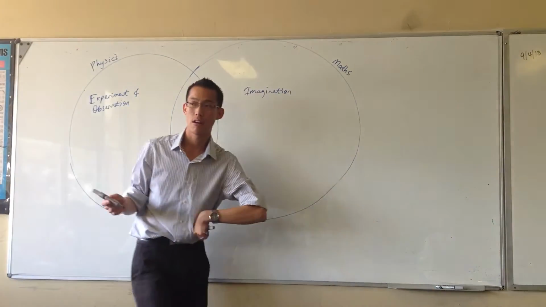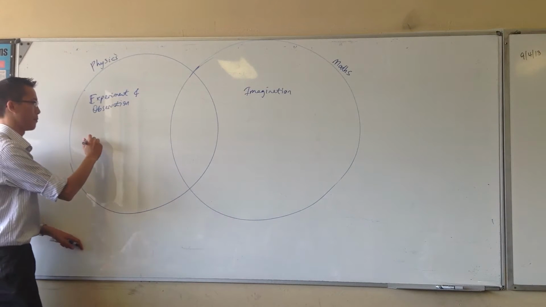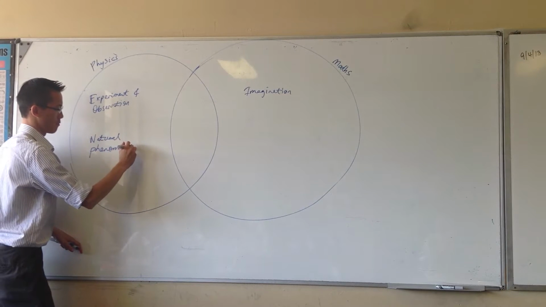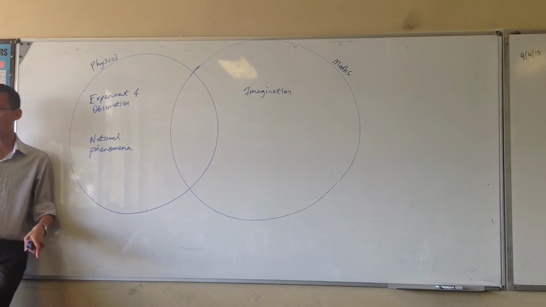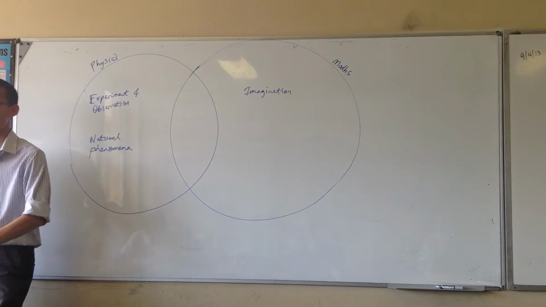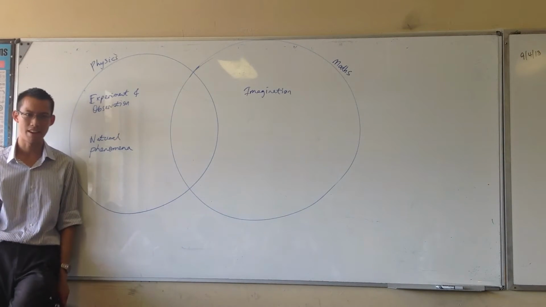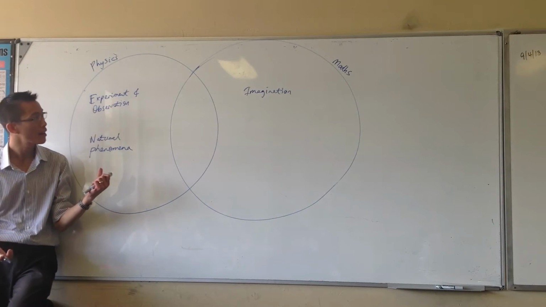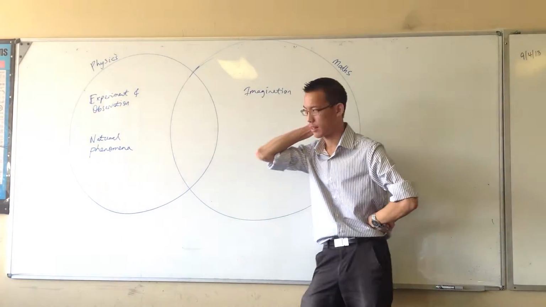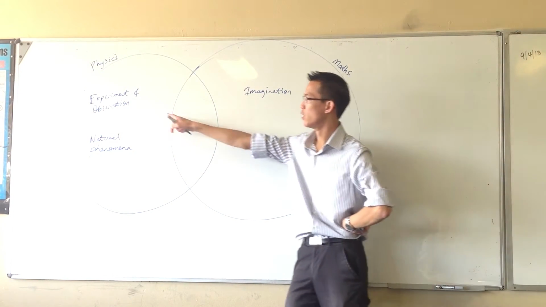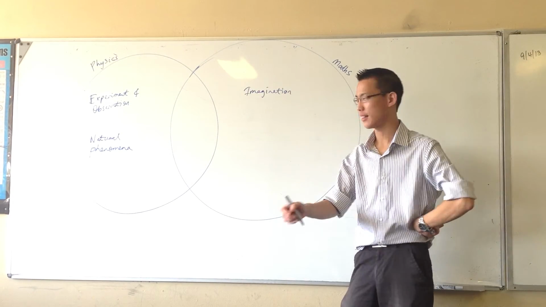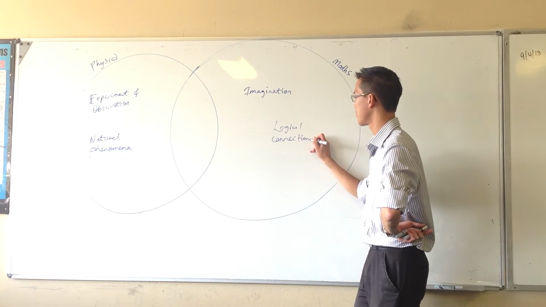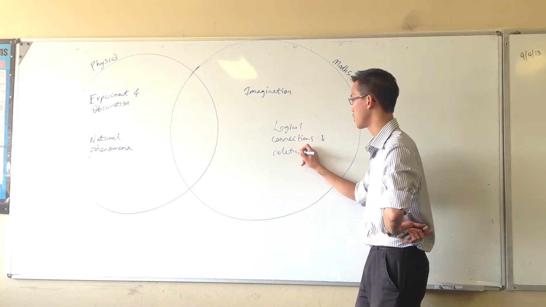Now, in the same way, what you're thinking about in terms of physics is natural phenomena. If it can't happen in the real world, physics is not interested in it. Some things that we don't think could exist, do exist, and because they're in the real world, like say black holes, you can't see a black hole, but you can see its effect. It is a natural phenomenon, so that's why physics is interested in it. Whereas maths, what does it deal with? It's not looking at things in the real world and trying to look at their patterns. It's about imagining things, particularly about logical connections and relationships. How does one thing fit to another?